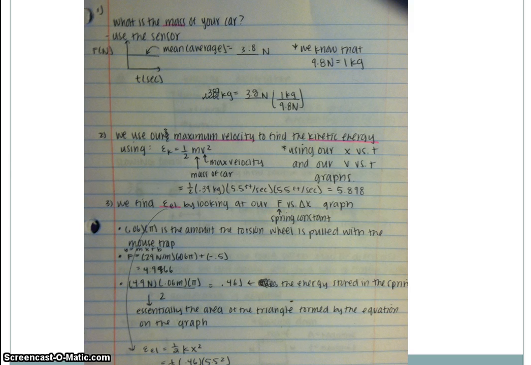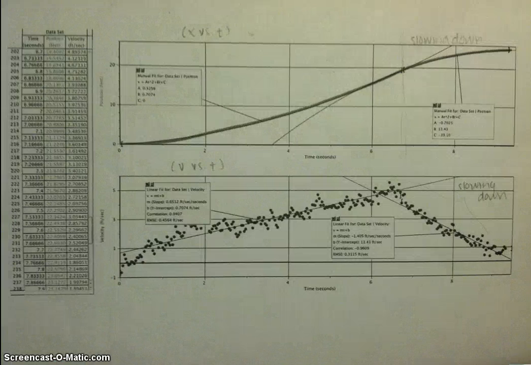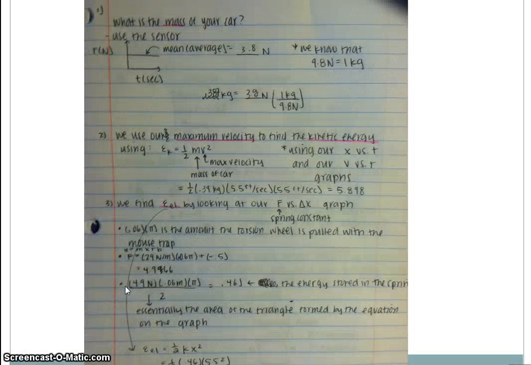Then I used my position versus time and velocity versus time graphs to find the maximum velocity, which would later help me find the kinetic energy. This is the graph, and using this graph on Logger Pro, I found that the maximum velocity is 5.5 feet per second. Using the equation E kinetic equals 1/2 mv squared, I found that it was